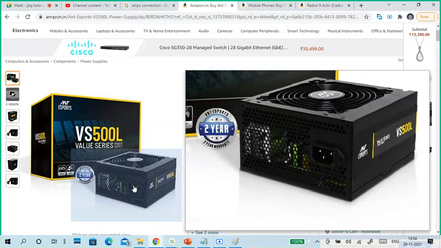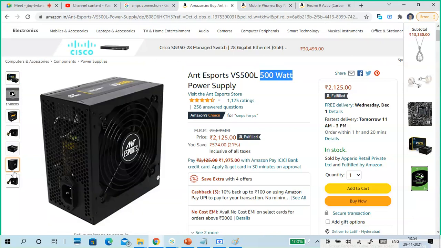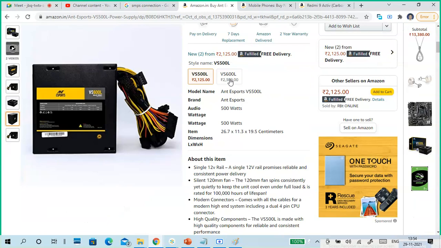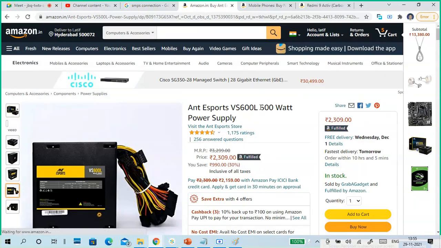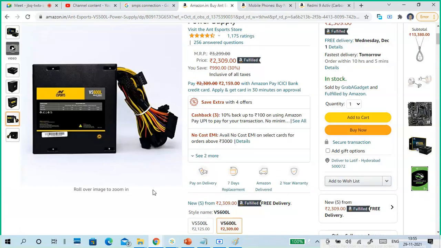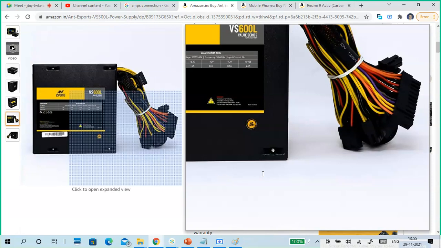It has more ventilation, more air passing is there. You can also go to different ones. This is a 600, that is a 500, this is 600 watts. It depends upon what components you are using and what power consumption. So you also have to select the voltage levels and power levels.